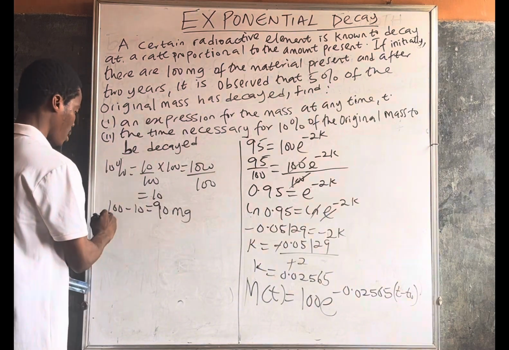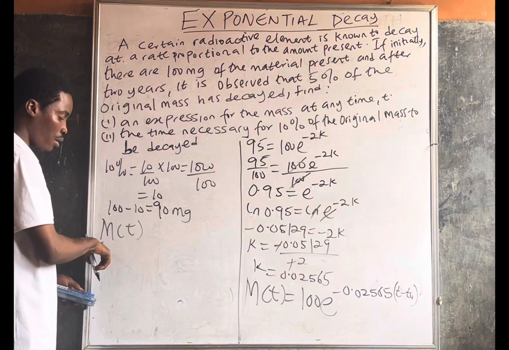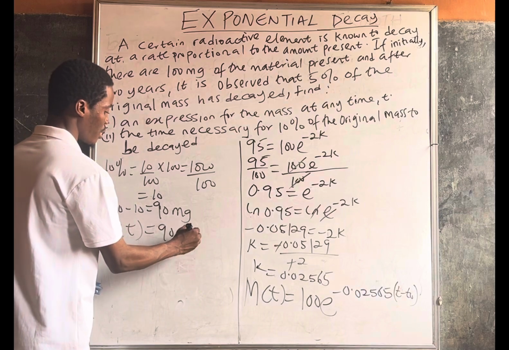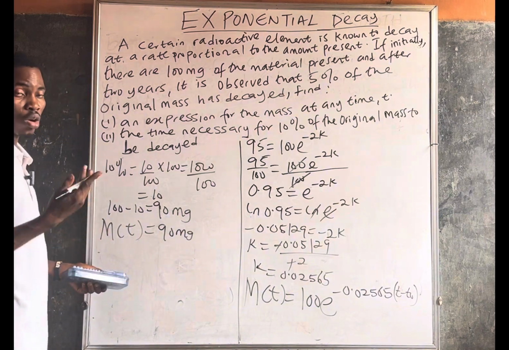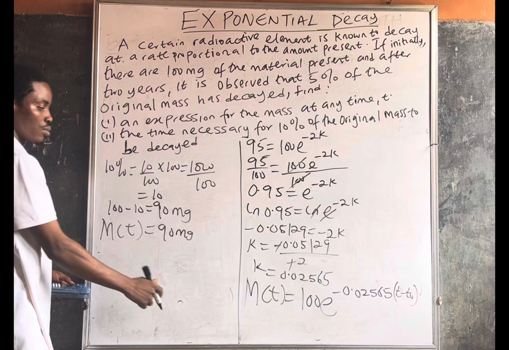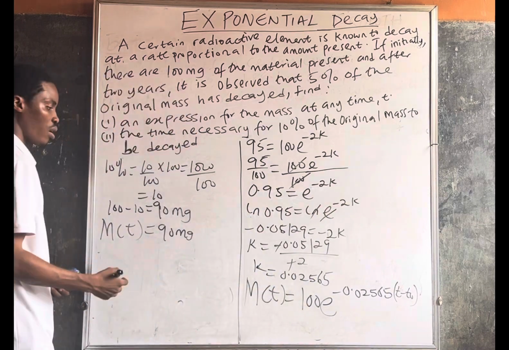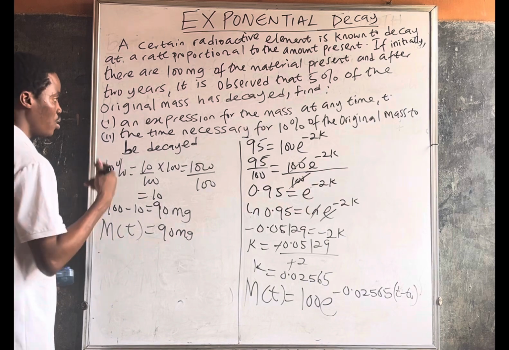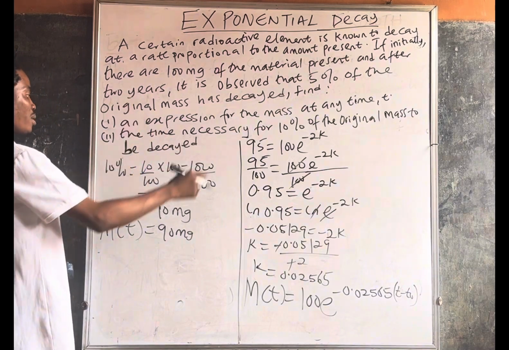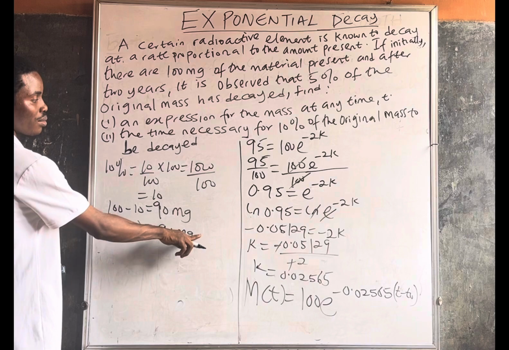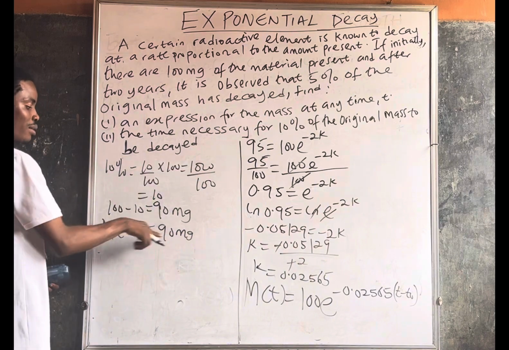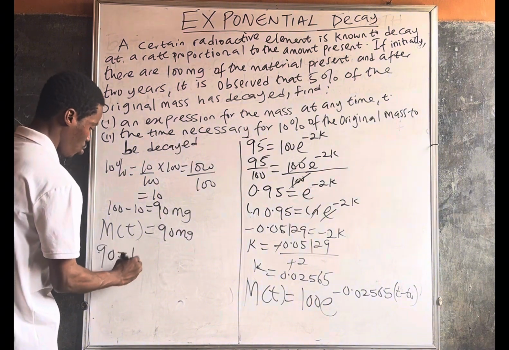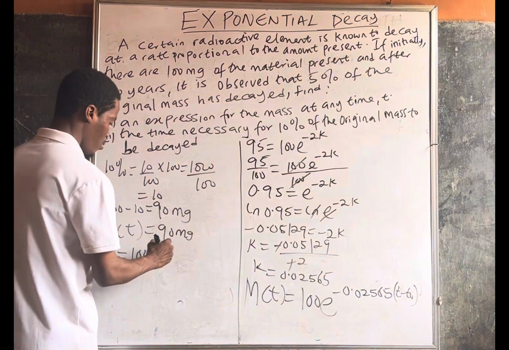So our final mass, the mass at that time, will be 90 milligram. Our initial mass is already 100 milligram. So we have to use this to get the time necessary for 10% to decay. So 10% of the mass to be decayed, we have 90 milligram of the mass at that time. So now 90 is equal to 100 exponential minus